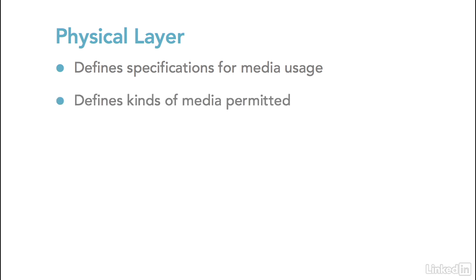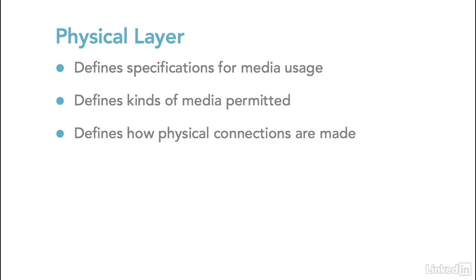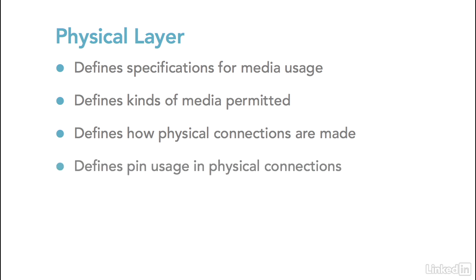Beyond defining how data is encoded onto a physical medium, the physical layer also defines specifications that relate to the media that's being used. When the physical layer defines the media being used, it's basically saying what kinds of media are permitted for different devices and what kinds of media are not permitted. Beyond defining the types of media that are permitted, the physical layer also defines how the physical connections are made with those media. This is done by defining pin usage and other types of specification that apply to the physical